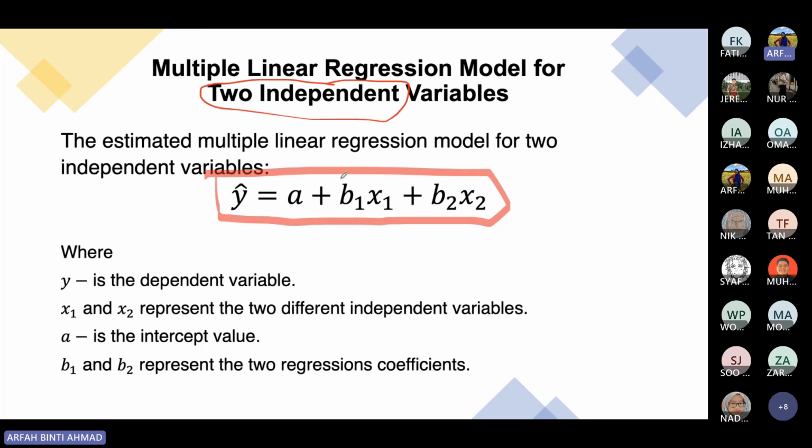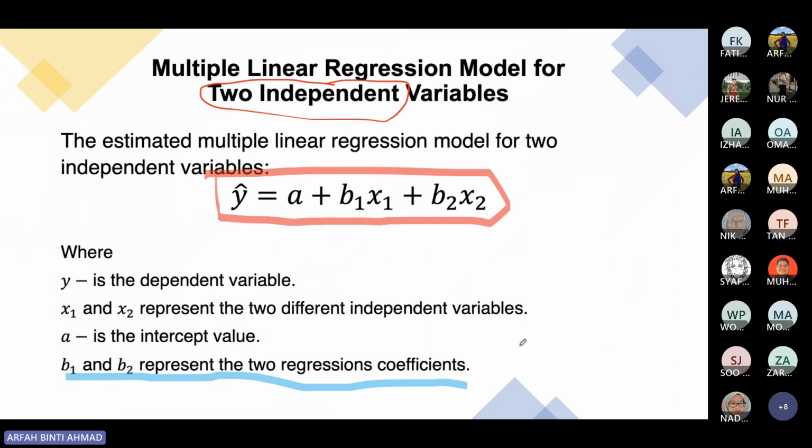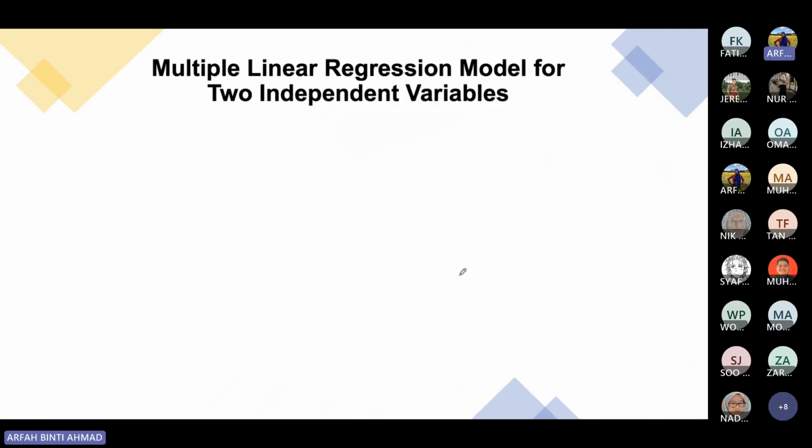So if you are dealing with simple linear regression, we have only y equals a plus b1 x1. But in this case, there's an additional term, that is x2 as your independent variable. So that is why we are going to have y equals a plus b1 x1 plus b2 x2. Okay, so b1 and b2 represent the two regression coefficients. Okay, clear so far? Any question? Nobody? Okay. Tak ada. Okay. So, the next one,